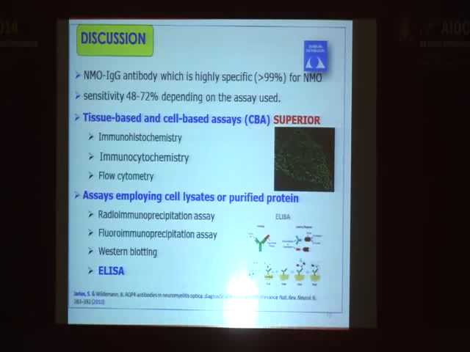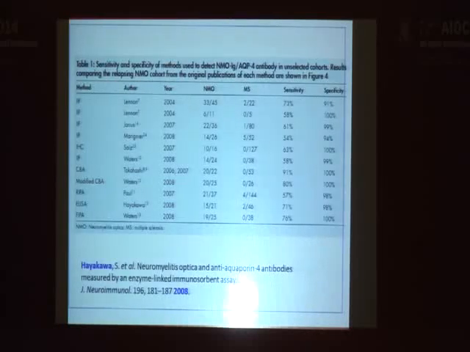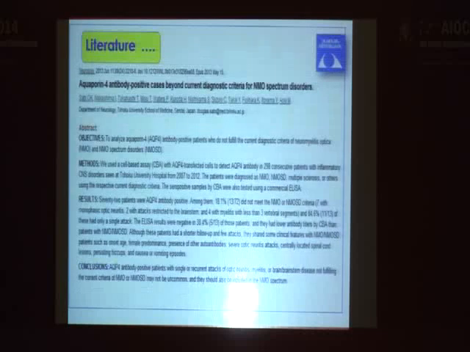Definitely superior assays are the cell-based assays, but there are also assays with purified protein and cell lysates, and ELISAs which are available. And this is one particular tabular column which I found, which has compared all the assays, sensitivity and specificity. And in this, there's a Japanese article, which is the last one, showing almost 71% sensitivity with ELISA and 98% for the specificity, whereas IIF will range from 50 plus to 70 plus, and invariably they are all significantly specific.